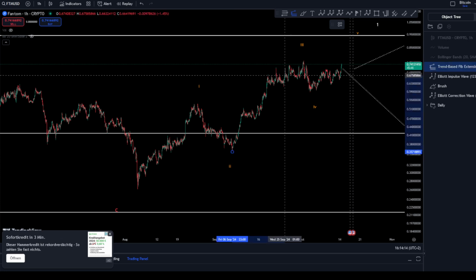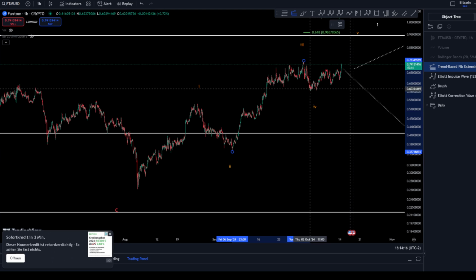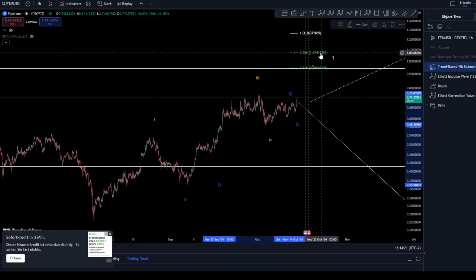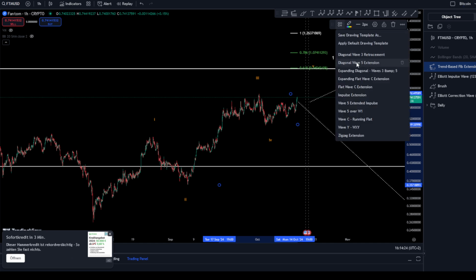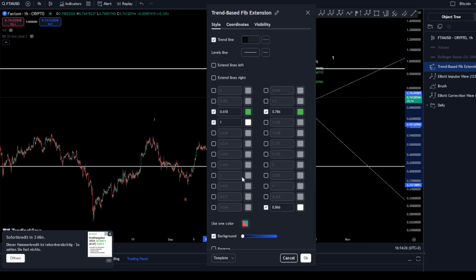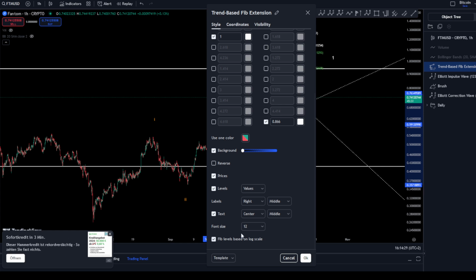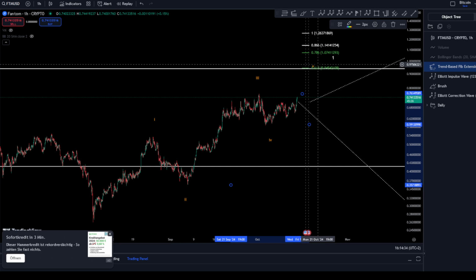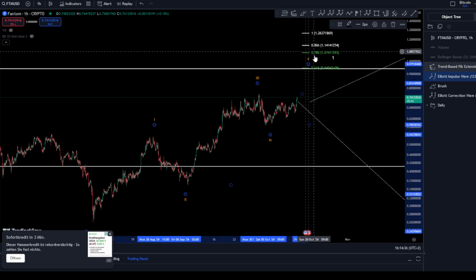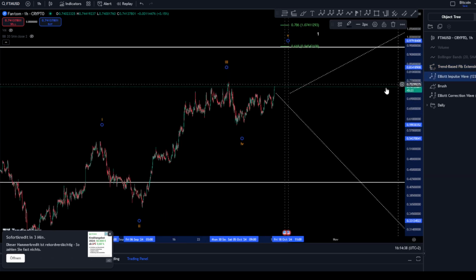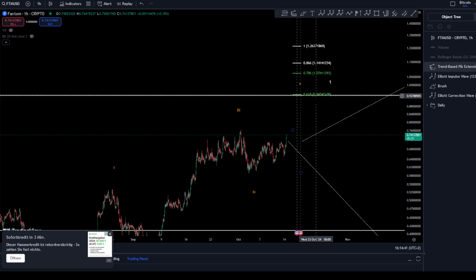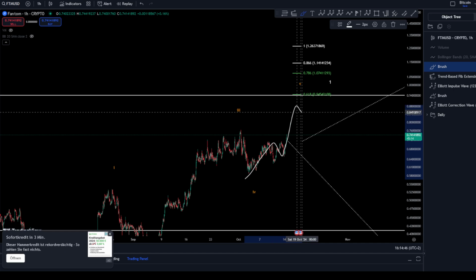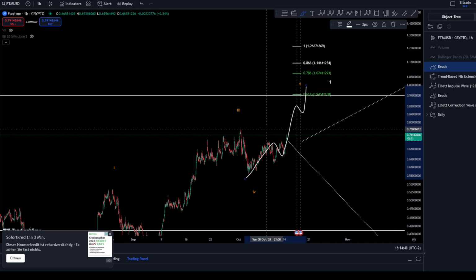If in that case scenario you are looking for some targets for your wave 5, here we go. I'm gonna try to hit exactly the target taken from the wave 2 to the 3 and to the base point as a wave 5. You want to hit a diagonal wave 5 with logarithmic fibs. Let's put some bigger fonts. Here we go. These are your targets for a wave 5, where you want to hit between $1.07 or 94 cents for Phantom,